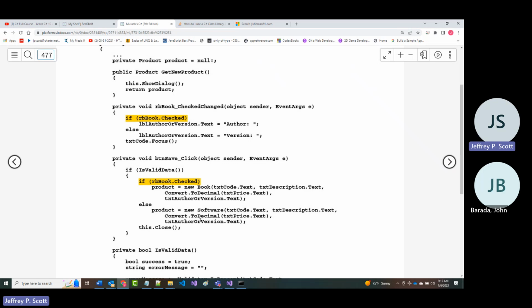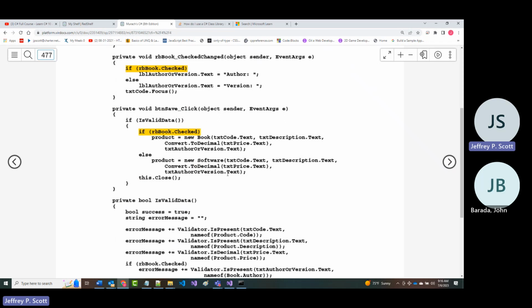And that last if statement that you see there on the page in yellow is very important, because notice you're either going to instantiate a new book object or you're going to instantiate a new software object. They're both called product.